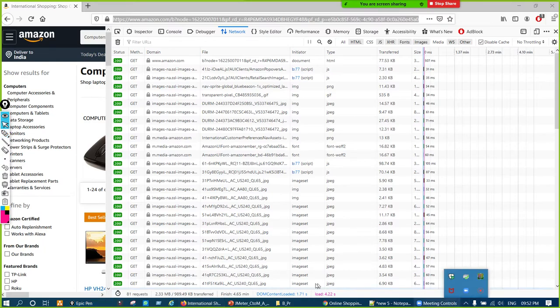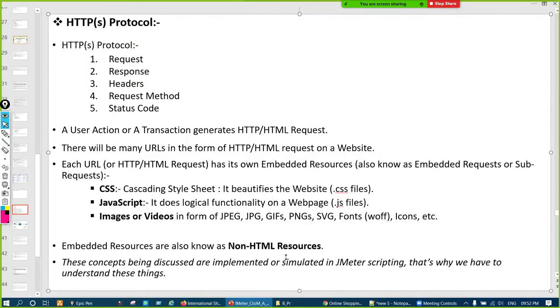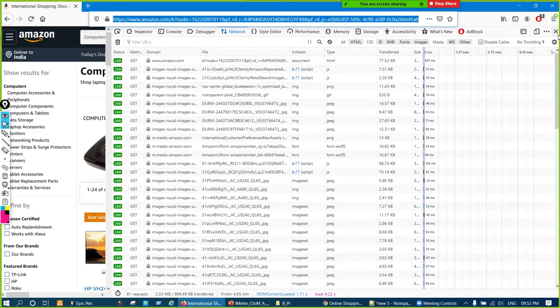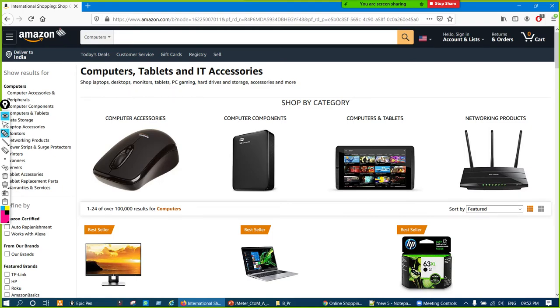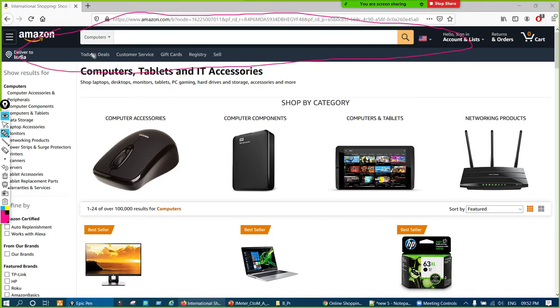Now coming to what CSS does, because sometimes it can be an interview question. CSS full form is Cascading Style Sheet, and it beautifies the website. So technically, if you observe, this is the header of Amazon.com. It will always look dark or black in color. Even if you navigate the whole website, this is always constant, in dark color.